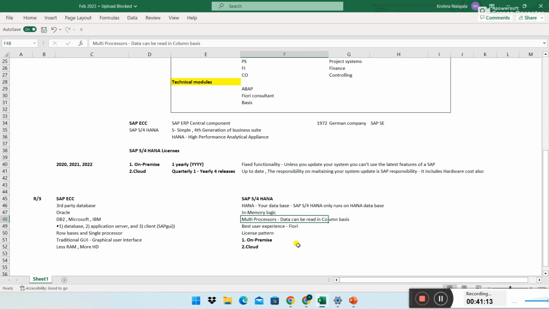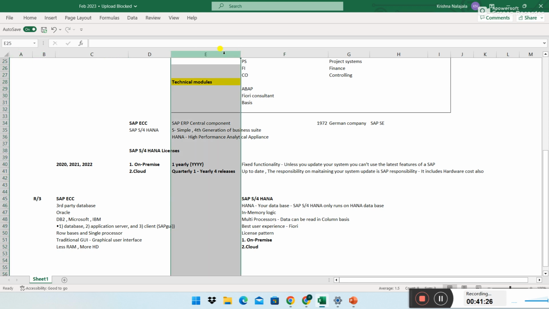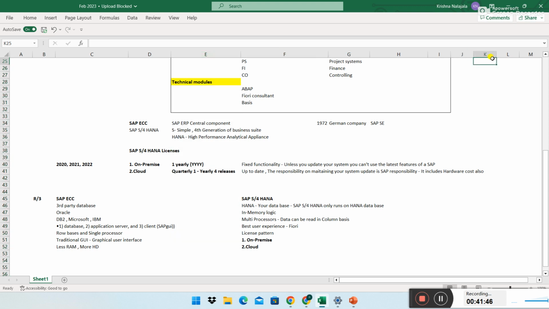I was telling, in S/4HANA you have multiple processors. If one processor is checking from A to maybe E, they have a splitter that takes care of it. Based on your query, it knows how to segregate which processor needs to read which column. They'll separate the work and share it quickly. A few processors will read A to E, a few will read maybe F to K, like that. They'll speed up the process, right?